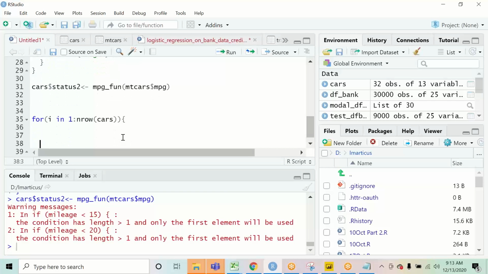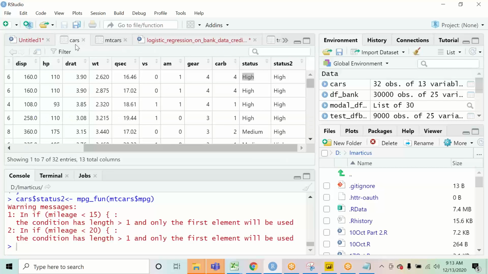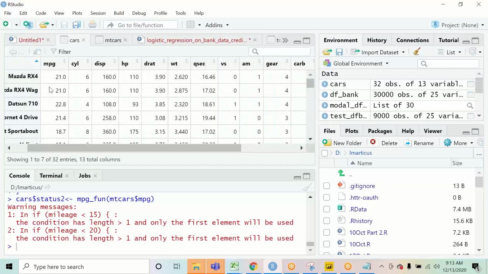Then where do I want to apply my logic? So how will I do it? How does a loop work? A loop works one by one, right? So I am saying I want to run my loop. See, you will have to talk to yourself, and only then will you be able to write the code properly. So you are saying that you have to go row by row, check the value of MPG in each row, and if the value is less than 15, low, medium, and high. That is what you have to check for each value. That is why you are using a loop, right?